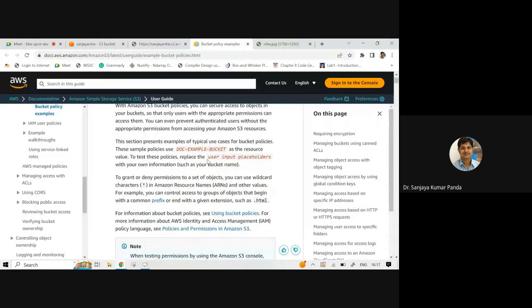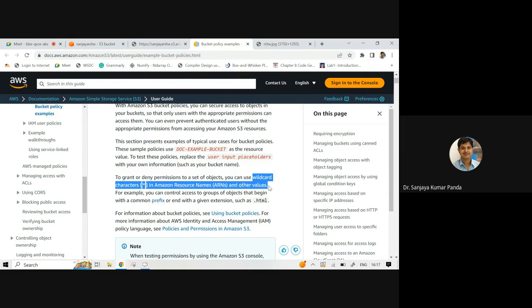It says that this section presents examples of typical use cases for bucket policies. These policies use DOC example bucket as the resource value. You can also use the wildcard character, that is star, in the Amazon Resource Name and other values.